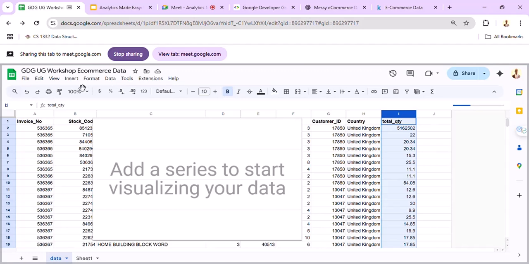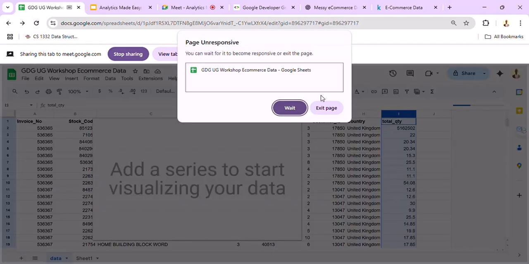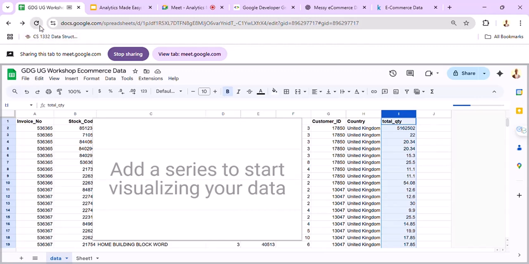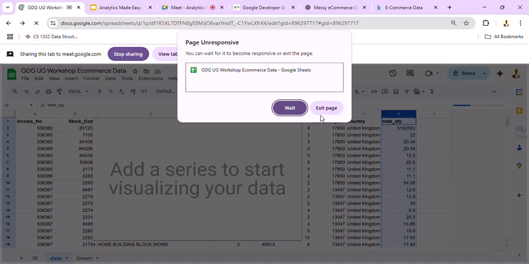When you do that, you'll be able to visualize that particular thing, and then you choose the particular chart you want to see. I would have done this, but please spare me. I think the network is not helping me at this end. But let me see if I can